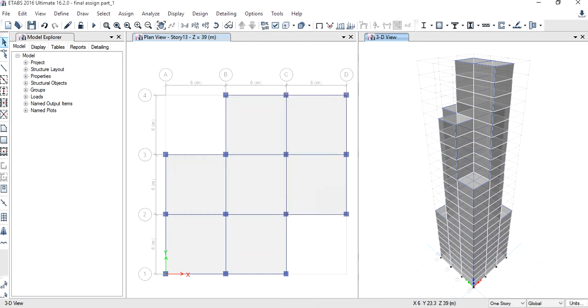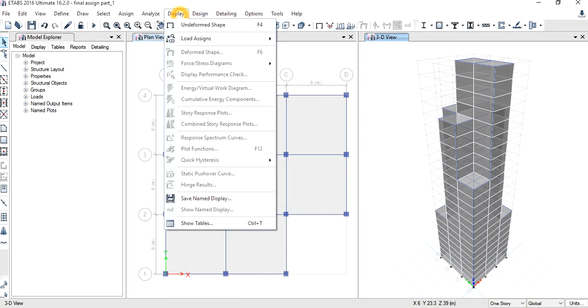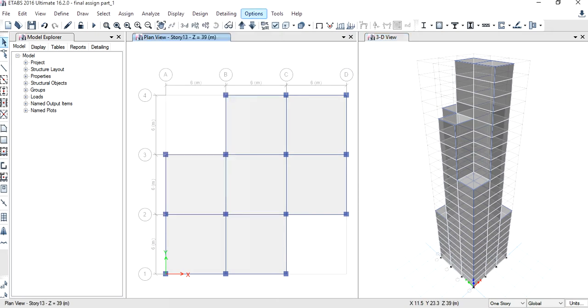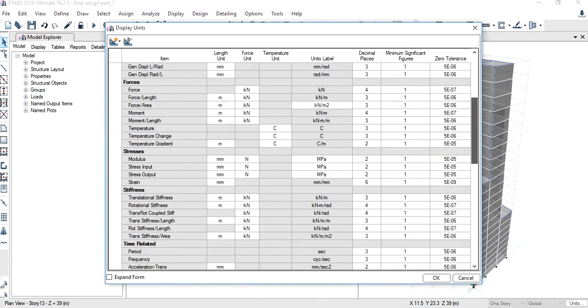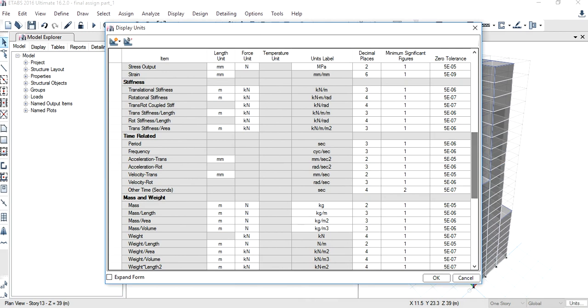Now from display option, check the units of acceleration. Actually, go to the options, then select display units. From here, we can see the acceleration units are millimeter per second square. So click on OK.